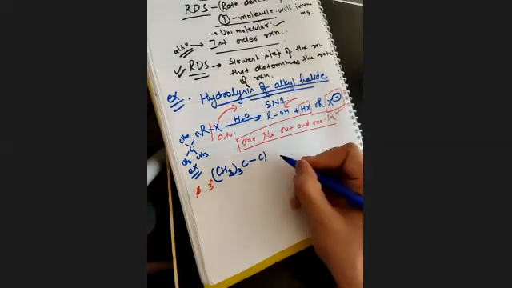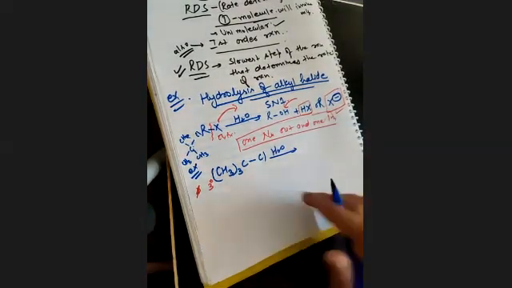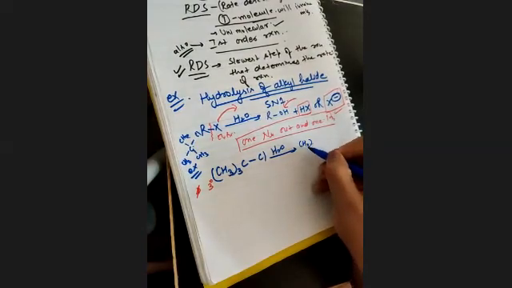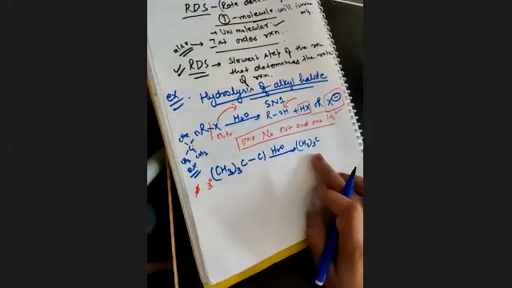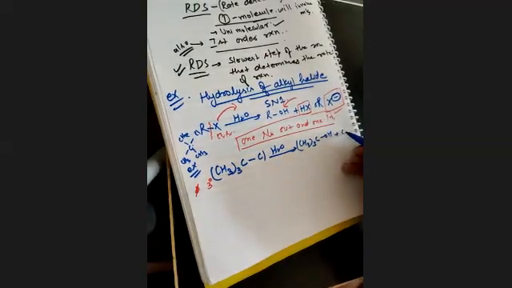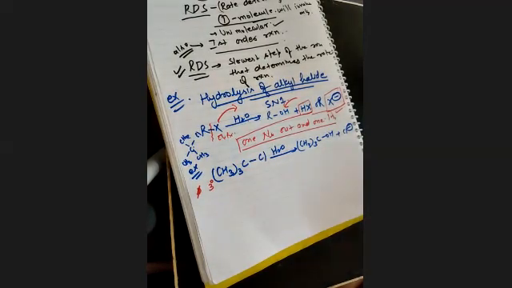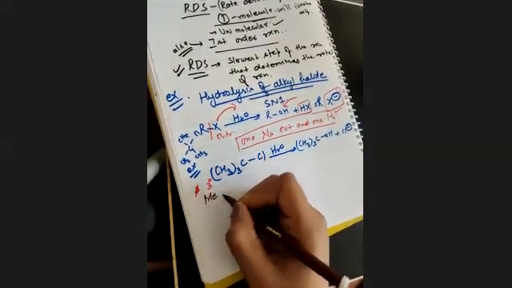Okay, so what happens? Let me do the hydrolysis, mixing with H2O. So what will be formed? I'm writing it in a compact way: (CH3)3C-OH will come, and the nucleophile Cl will get out of this compound. Clear? This is just a simple reaction. You just remove the Cl and add OH. But how does this happen? Let me explain with the help of the mechanism. This is important, beta.